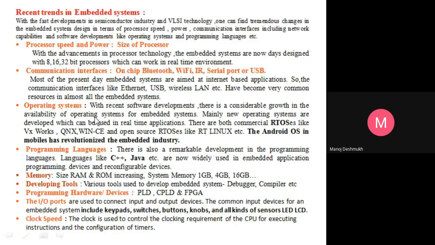After that, operating systems. Various kinds of operating systems are available for various kinds of devices, used as appliances, industrial application products, home appliances, automation products, automation systems, surveillance systems, PLC SCADA systems, like that. Here RTOS means real-time operating system. Various kinds of RTOS systems are there, or application software. So we are developing embedded systems based on real-time applications or off-time. Off-time means not exactly doing the operations in comparison to real time.